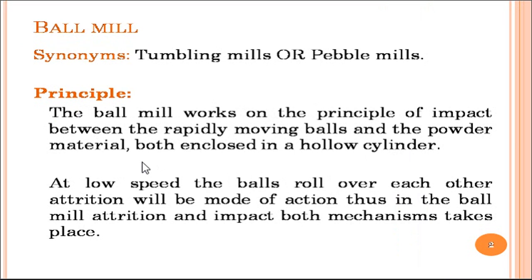Now the ball mill is a kind of equipment used in pharmaceutical processing for size reduction. It is also called a tumbling mill or pebble mill because special balls of a specific size and shape are used, made of stainless steel, or sometimes other non-corrosive materials. These are effectively used for size reduction of various grades of pharmaceutical ingredients, from API to various kinds of intermediates, or we can even process hard cubes which are required at the appropriate size.